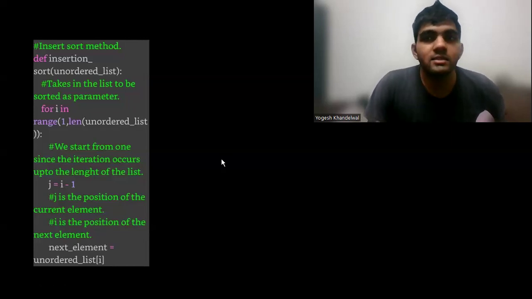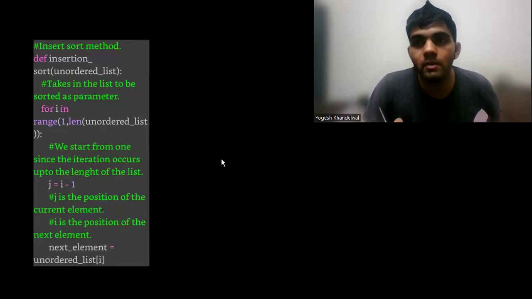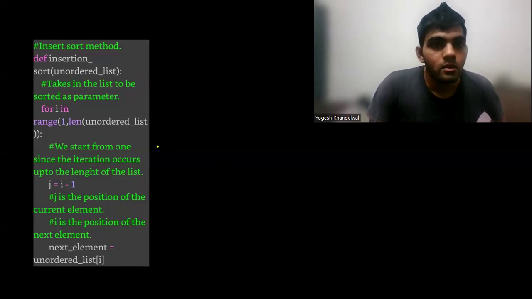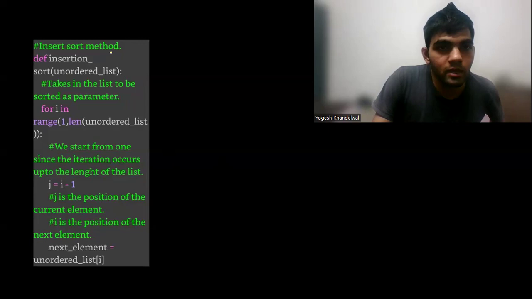So first let's understand the code before we implement it completely. We are implementing insertion sort. We define the function insertion sort, which takes an unordered list. Then we implement a for loop, where i starts from 1 and goes to length of unordered list, and we take j equal to i minus 1.